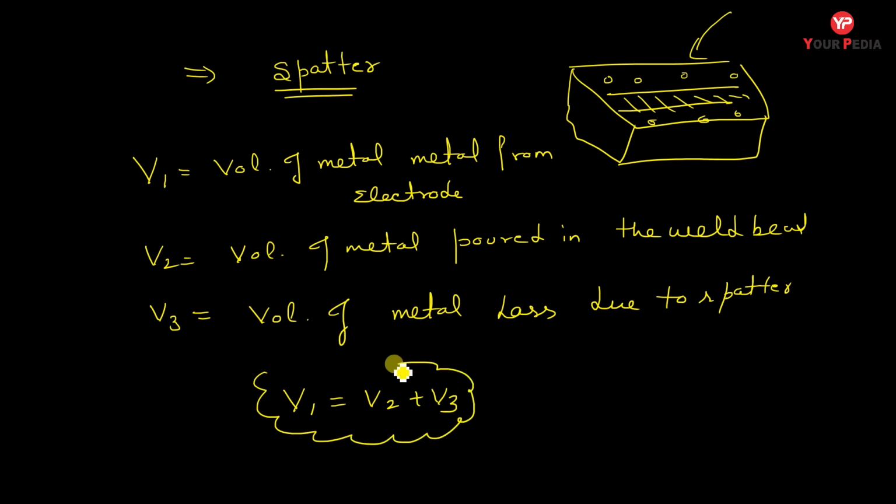This type of question is not asked yet, but it may be asked in your examination. If V3 is the volume loss due to spatter and V1 is the metal transfer, then we can frame a question to calculate V2, that is capital A into speed of welding. For example, let me give you an example: the volume of metal supplied by the electrode is 1000, and this quantity is area into speed of welding,